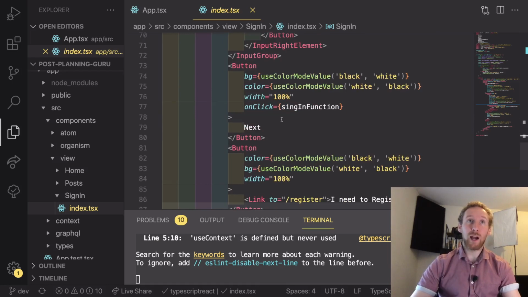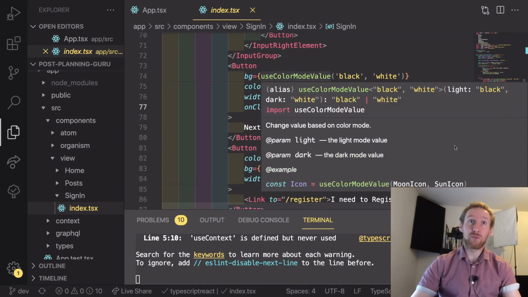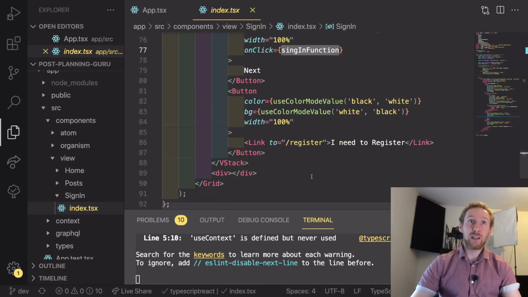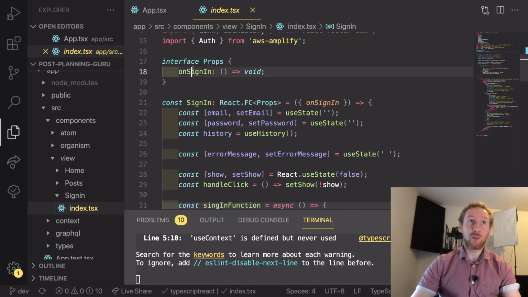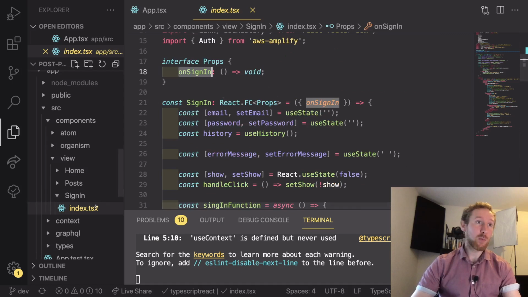And at the bottom, we have a button saying next with the sign-in function that we are going to call when this is clicked, which we looked at just before. And finally, a button saying I need to register, which links to register. This just saves them having to go back to the home page to then go in to register if they've accidentally clicked on sign-in. So this on sign-in, if we go back to our